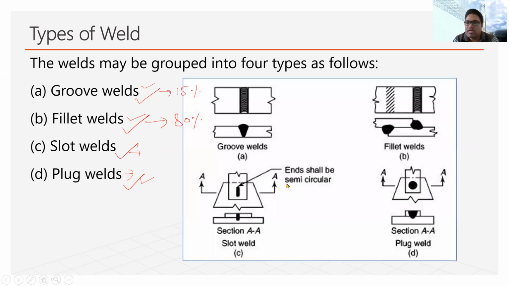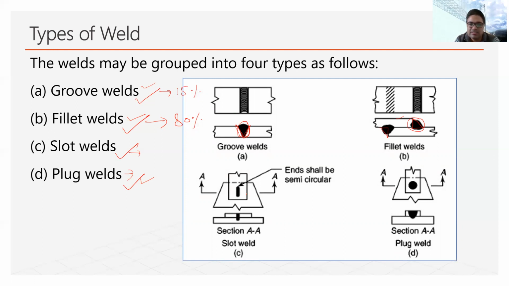So all these four types of weld look like this. In the groove weld, we need to prepare the edge, and we make the groove, and in that the welding material is filled. Similarly, in case of fillet weld, like in case of lap joint, the fillet weld simply can be like this. Similarly, in this case also, the fillet weld can be like this.